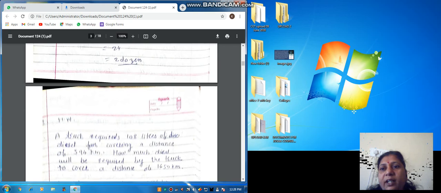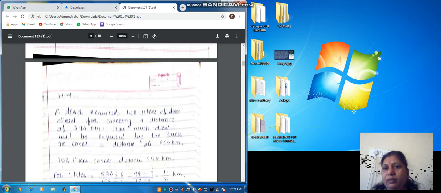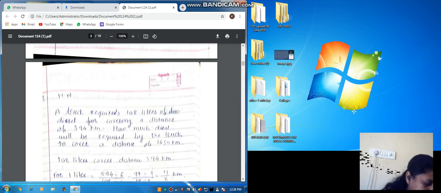So 8th example is the homework. So let's see what is the homework given. The weight of 72 books is 9 kg. So what is the weight of 40 such books? देखो, 72 बुक्स का वेट कितना है? 9 kg. अब 40 बुक्स का कितना? पहले तो हमें एक बुक का वेट निकालना पड़ेगा.